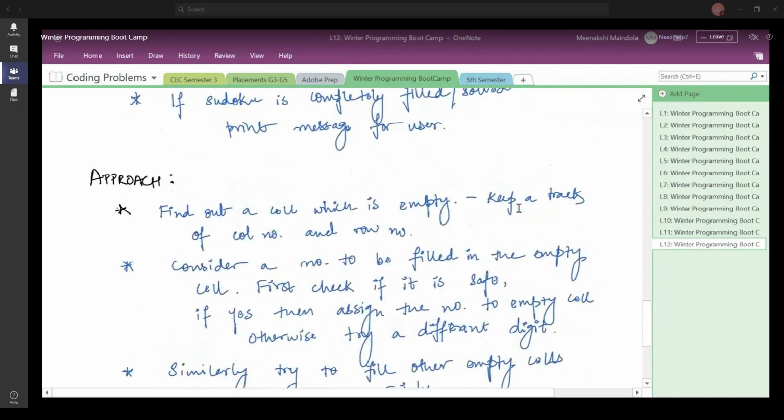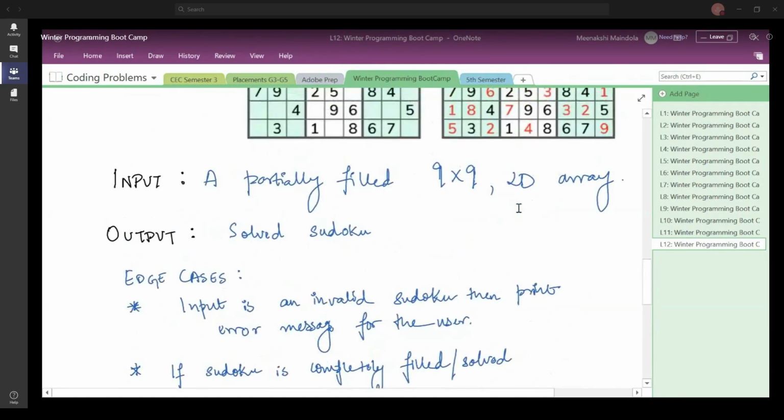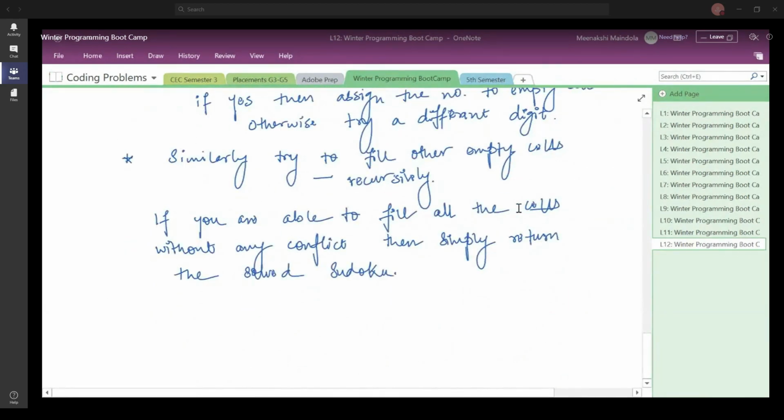So has everyone understood the approach? Obviously you are not going to be able to do it in one go. You should keep on practicing it. If at any point you are stuck, then you can put in your queries in the group. Otherwise, you can ping me, or you can even ask your friends.